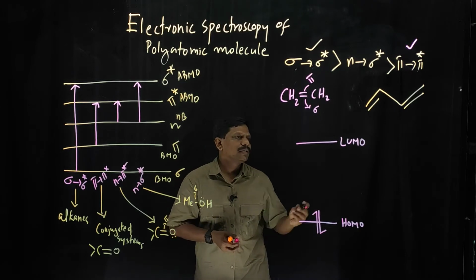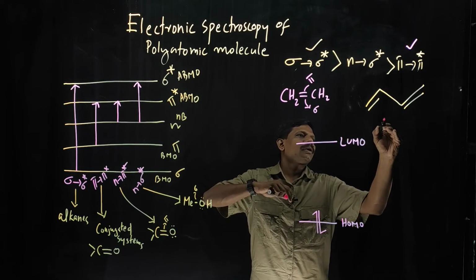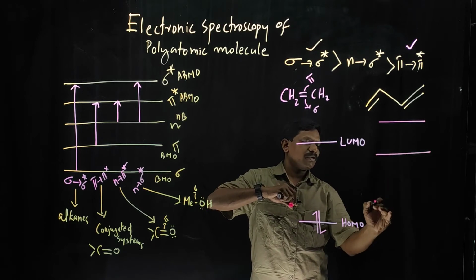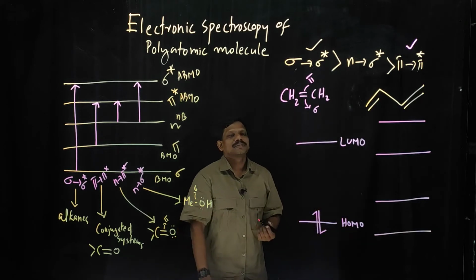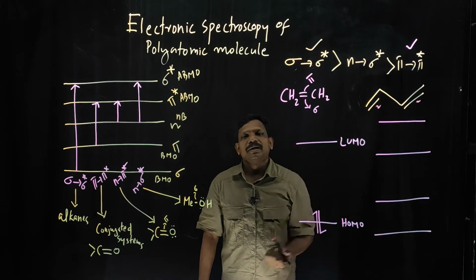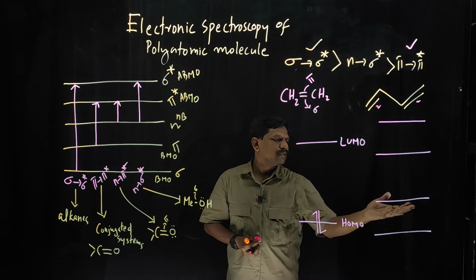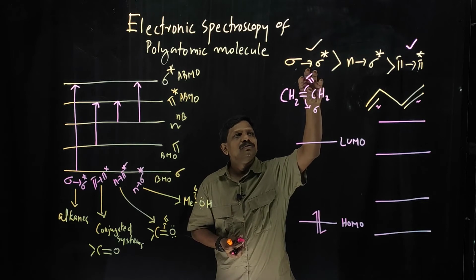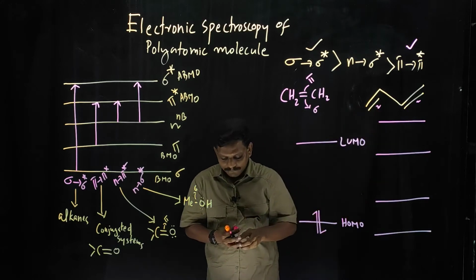Okay, so when you are drawing the energy levels, you can draw them like this. How many pi electrons are there? You can check now. Here there are 2 and here 2 pi electrons, a total of 4 pi electrons, and there are also 4 pi electron levels. So here also you can consider it like that: 2 pi electrons for 2 levels, and here 4 pi electrons and 4 levels you can draw.